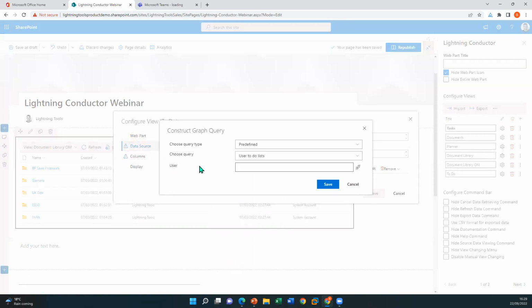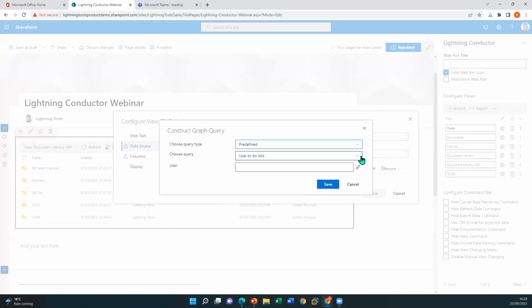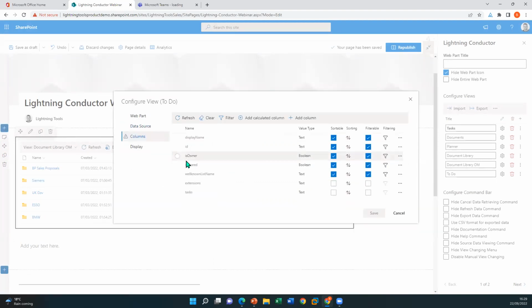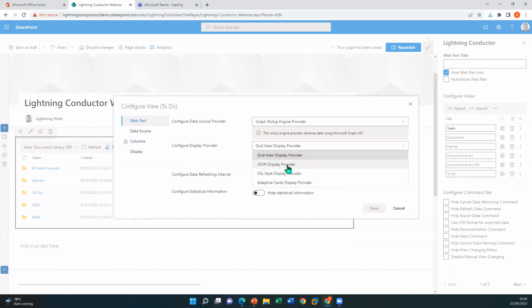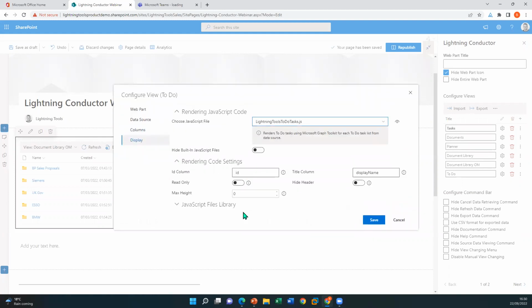We can add our query. You can either go and create a custom one, in which case you just build your own graph query, or there's some predefined ones as well. And these will vary depending on which graph entity you're looking at. And when you get to columns, these are some columns that you can select coming from that graph entity, or what you could do is use one of our JSON views. So to show you that as well, there is a To Do tasks JSON view, which will save you a lot of